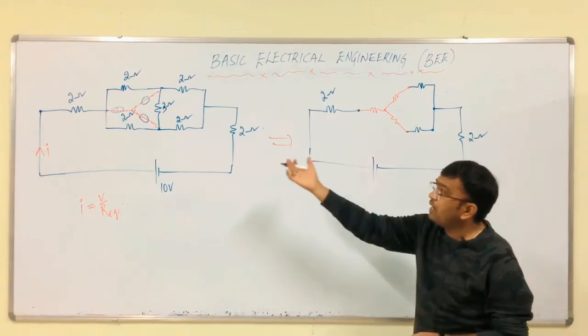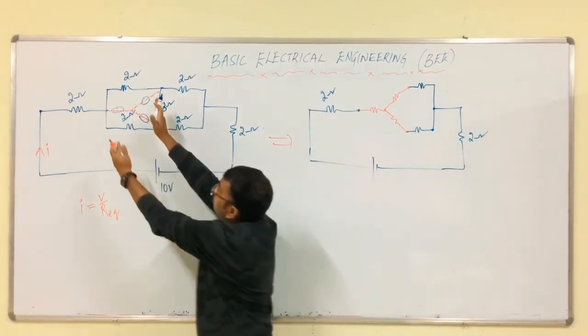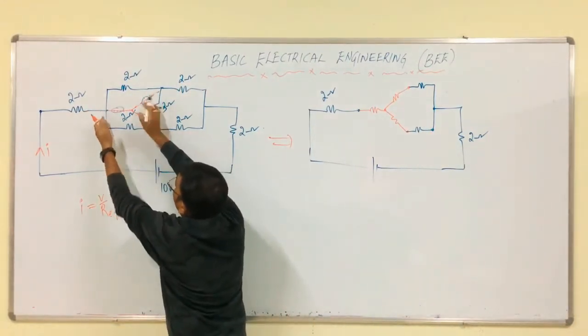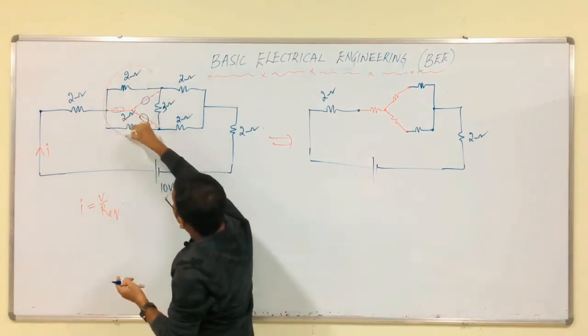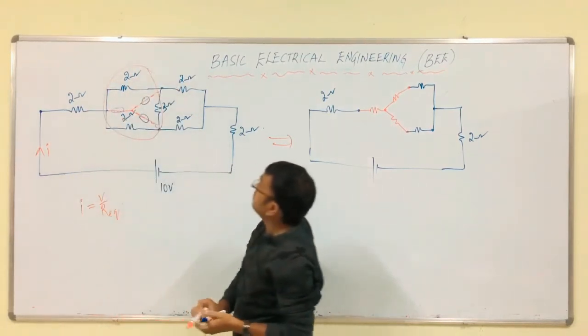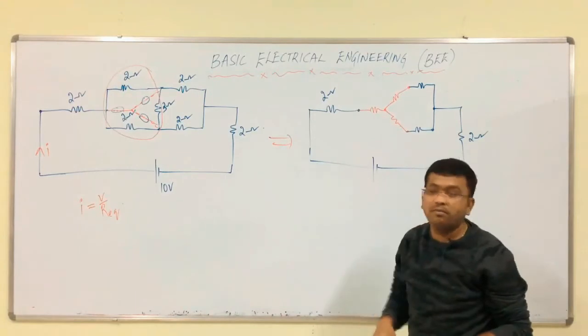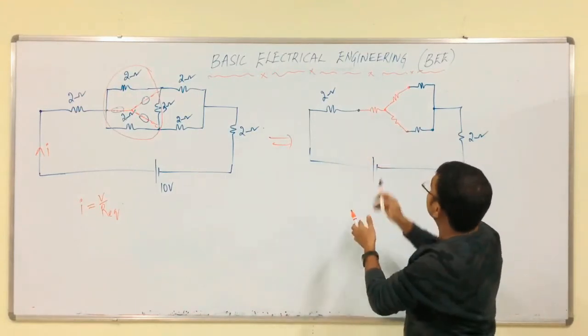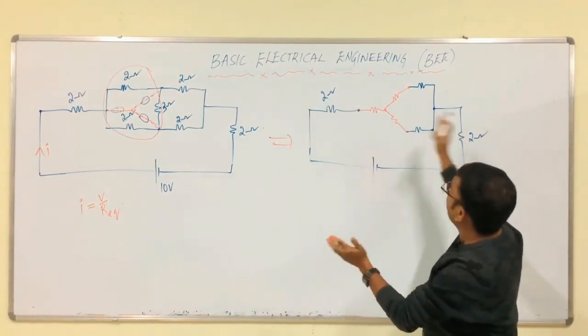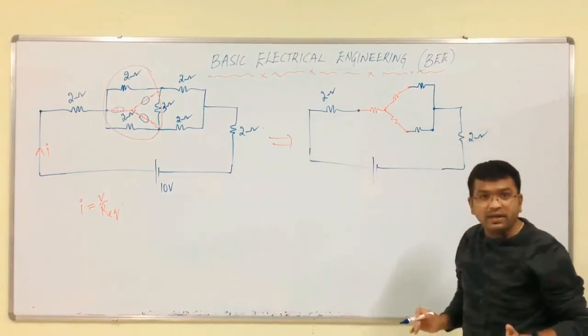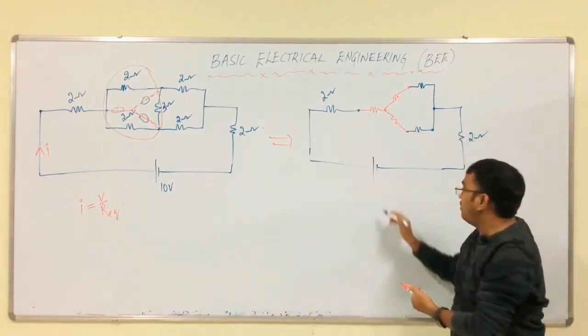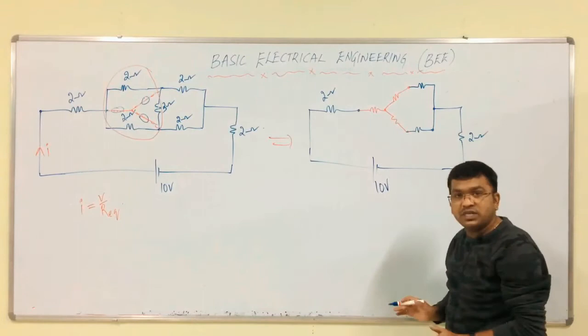Simply we have to reduce this delta connected block. In this case, only this part can be reduced towards star form, that is star. From here to here star. The remaining circuit should be as it is, you have to draw. Okay, there is no confusion at all.